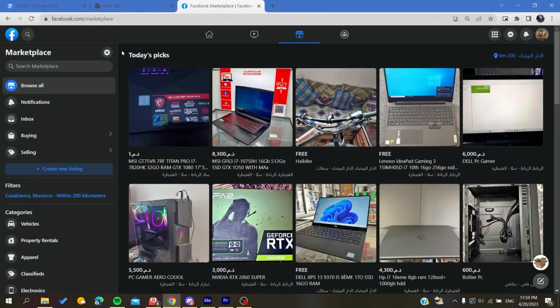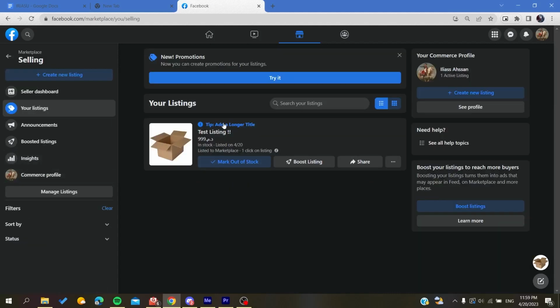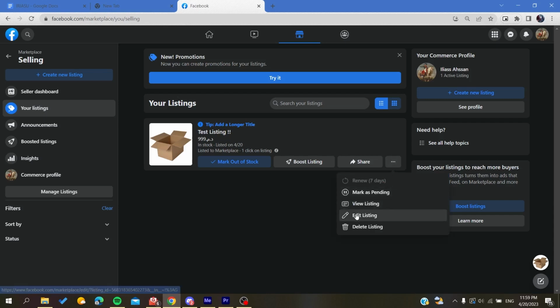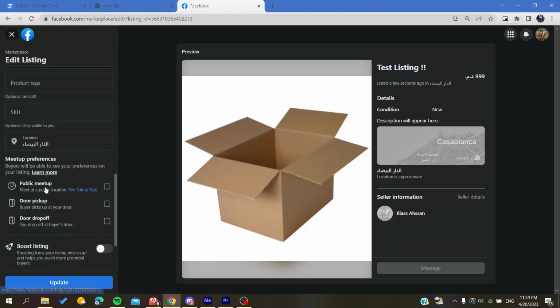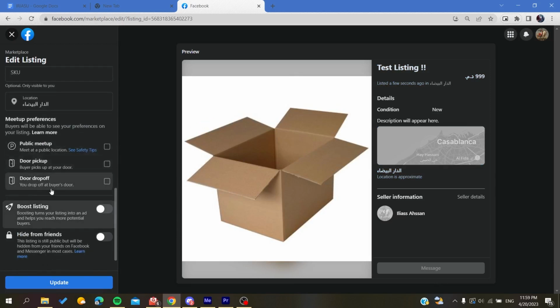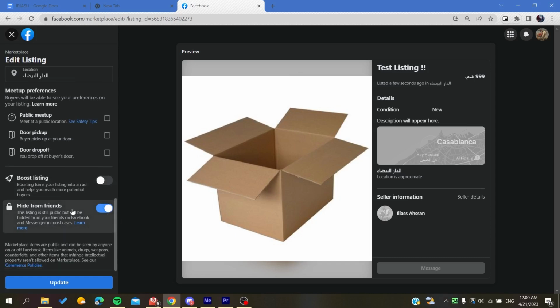So after you go to your marketplace, all you need to do is to go to the selling profile. So you click on selling and then you will go to the listing that you want to hide from your friend. You go to edit listing and down here in the privacy, we will find something that is called hide from friends. And basically all you need to do now is to enable this option,